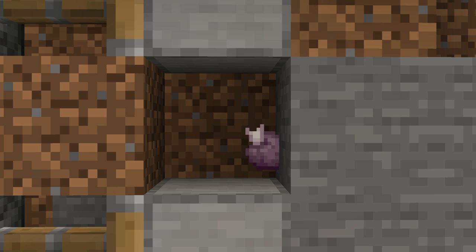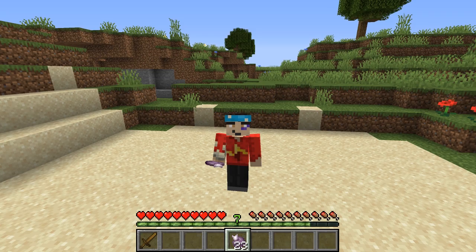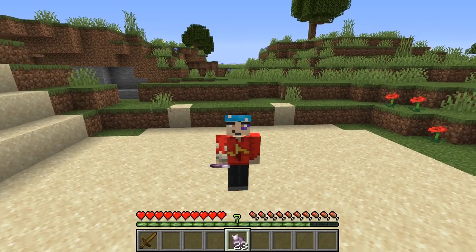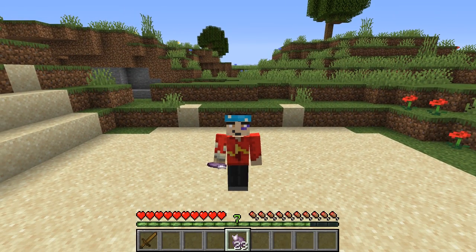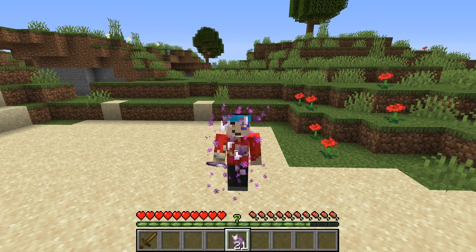No, it's not. Why would you lie to me like this? But it's true, and it's not for some gimmicky reason like, oh, it can teleport, so that makes it the best. Chorus fruit can do something that nearly no other food can. Because it has a special teleport ability, you need to be able to eat it at all times. Unlike other foods, chorus fruit can be eaten even if your hunger bar is full, and this makes a big